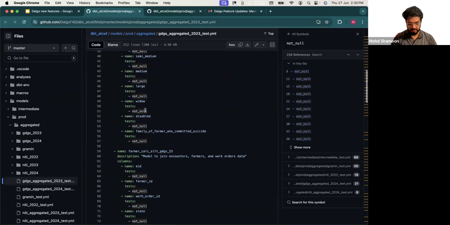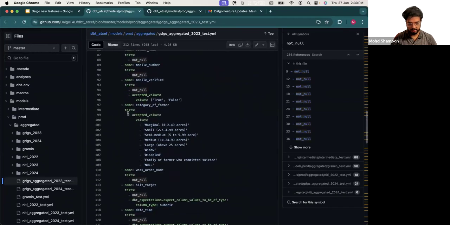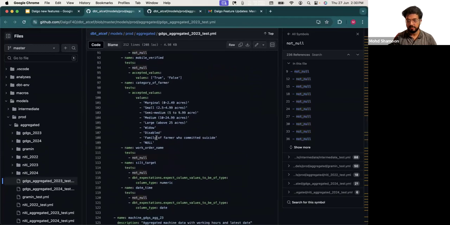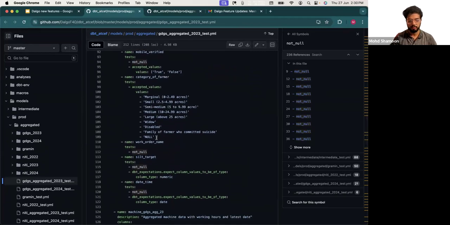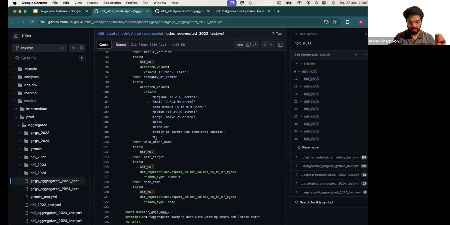These should be not null. These are the states, and these are the separate values for this column. So in this way, you can specify and write test cases. So you don't have to think about writing it every time, or you don't have to think about whether the data I'm getting is of the correct value. So once you write these test cases in Dalgo,